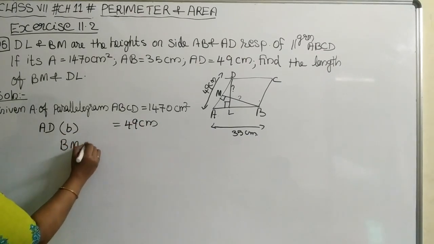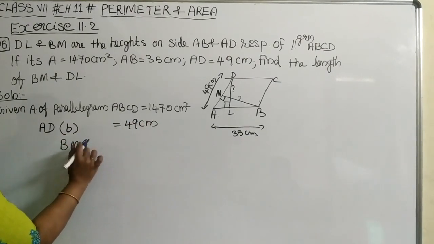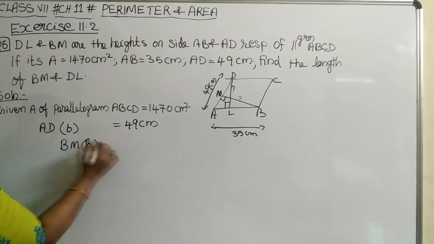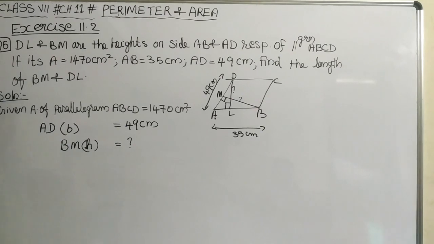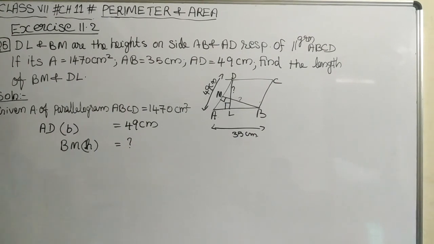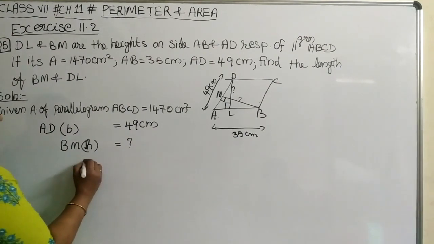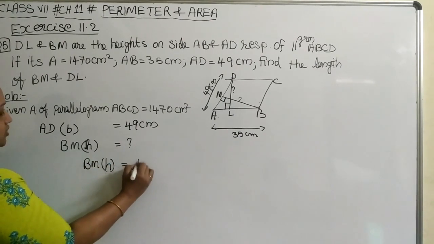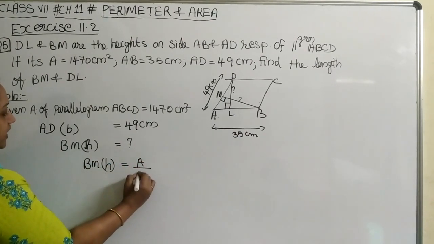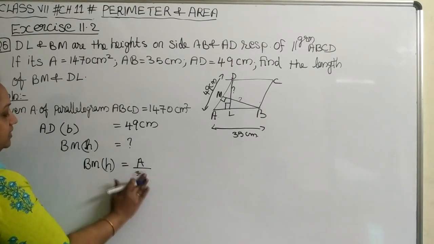BM, which is the perpendicular height towards the base AD, we have to find out. So to find the height of the parallelogram, what is the formula? Yes, area divided by the base. So we can write BM, that is perpendicular height, equal to area divided by